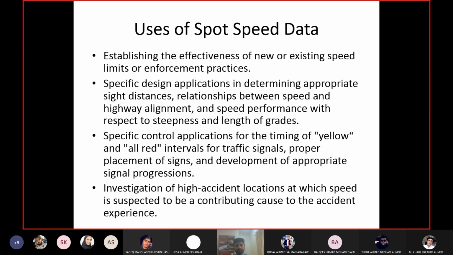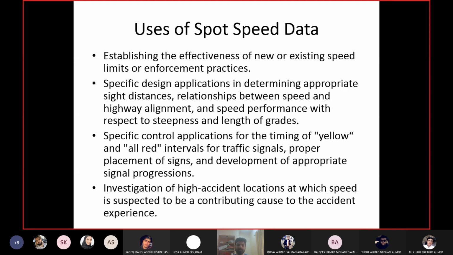Okay. Design of traffic control devices such as signals also depends upon spot speed. Okay, because this is the choice of driver, the worst scenario. The choice of driver is the highest speed, right? So we are designing for the highest value, which is the worst scenario. In the slides of the first lecture, we have already covered calculation of yellow interval using sight distance. So I told you yellow sight distance depends upon spot speed. So there you have the relationship.